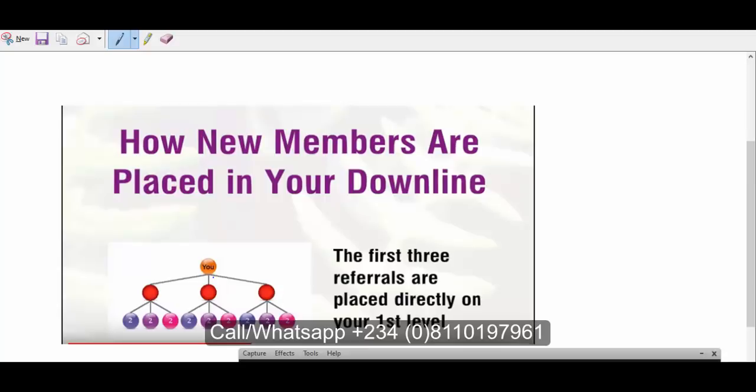So when the first person registers, the first person is under the admin, as you can see here. Then when the second person registers, they are under the admin too. Likewise the third person. Now the fourth person goes automatically under the first person. When the number of referrals under the first person is 3 again, it goes to the second person, then it goes to the third person after that as well, and that's how it goes on.